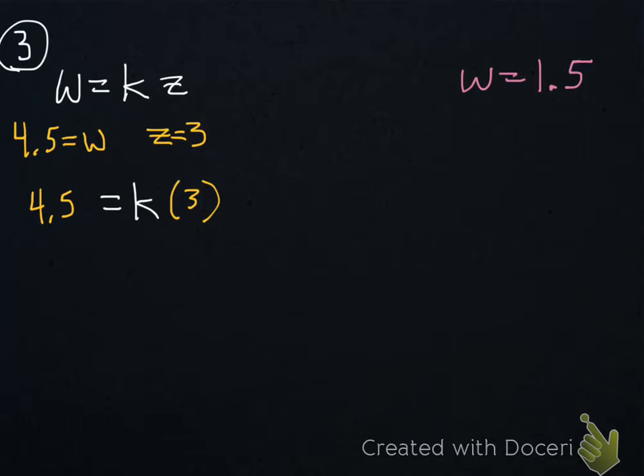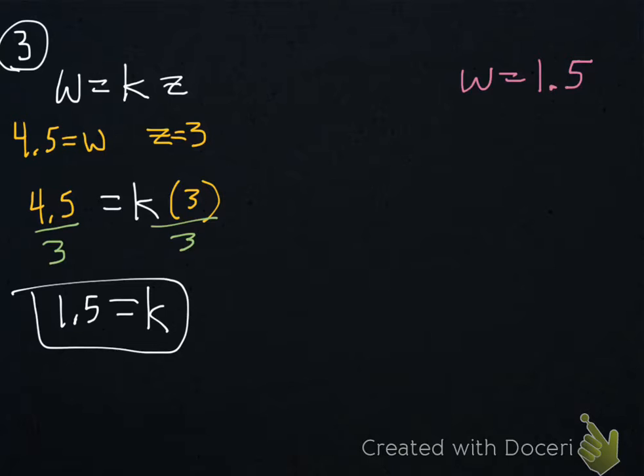Now we're going to have to get rid of that 3. So we're going to divide both sides by 3, right? And we get k equals what? Well, 4.5 divided by 3 is 1.5. Still not finished. Remember, we have to take that and plug it into the equation. When we do that, we get W equals, let's plug in our k, 1.5